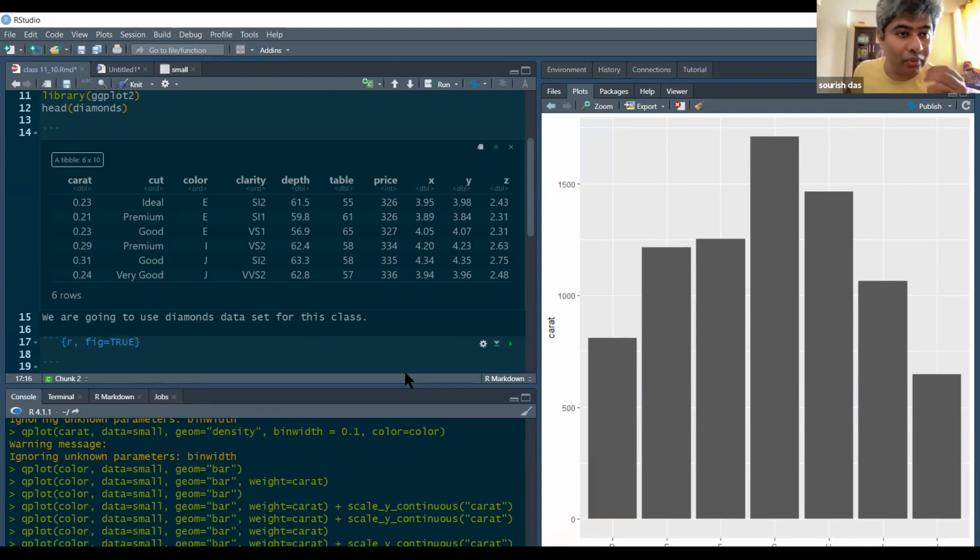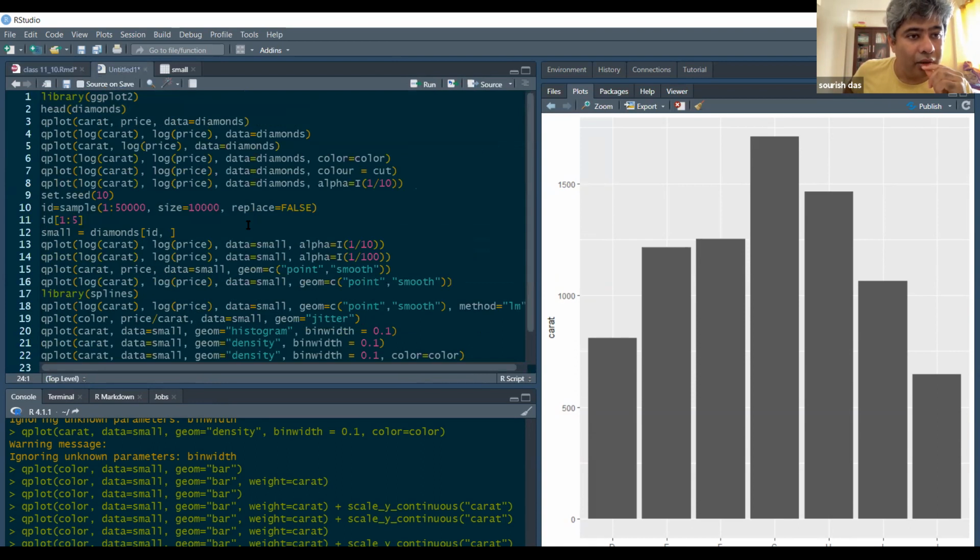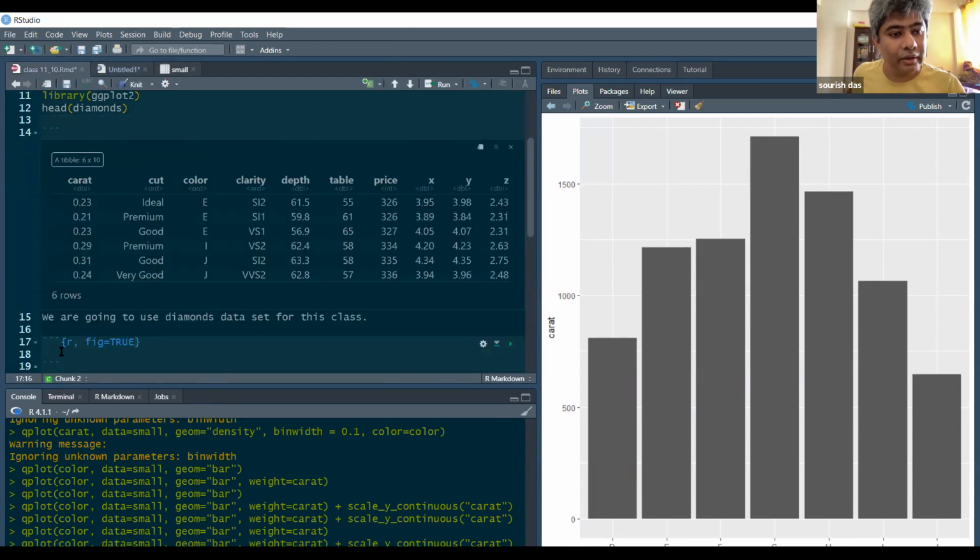And then you go to your script file. Maybe you just take line 3. Just copy line 3 and paste it there. And now compile it.